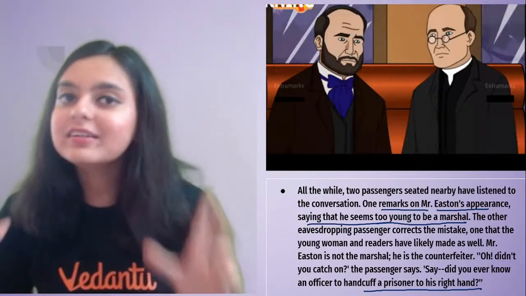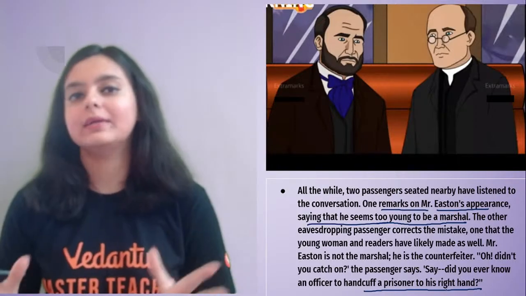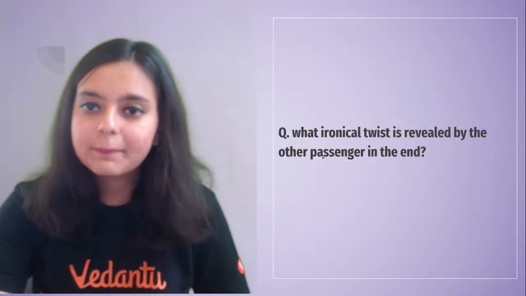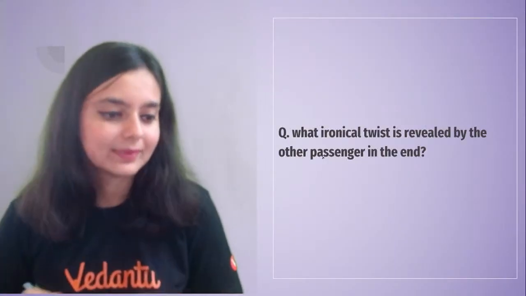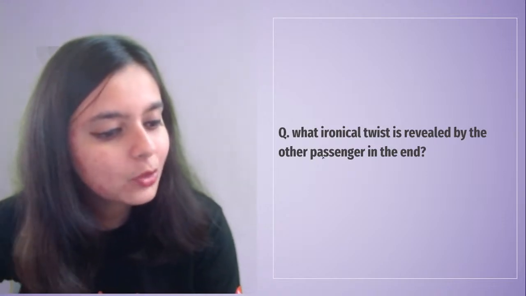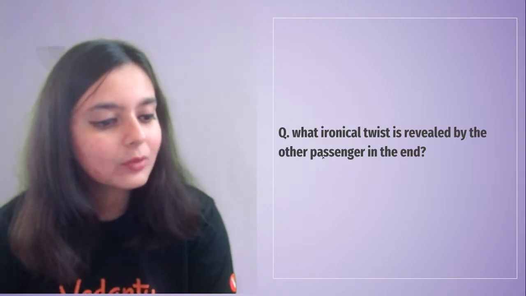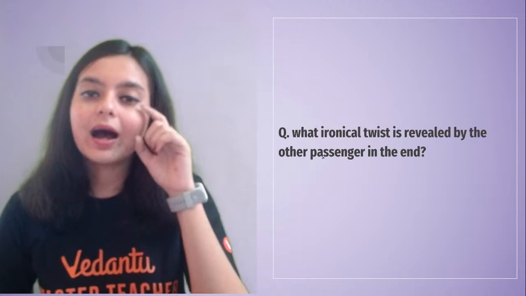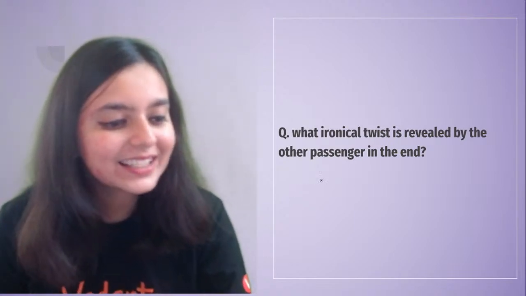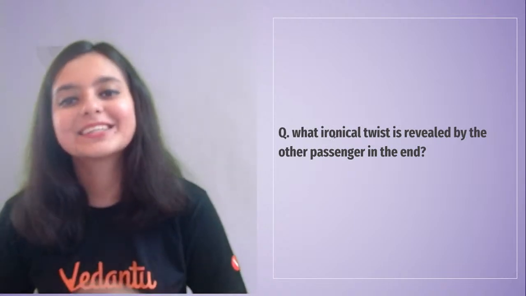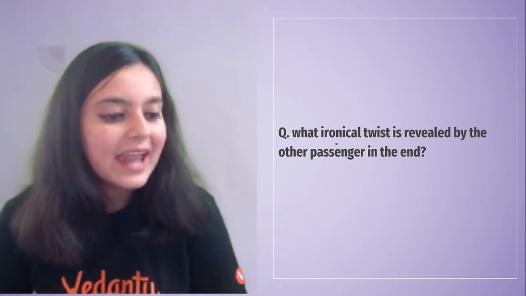So what have you understood from the entire story? What is the basic idea? Deepthi says the twist appears in the end when the two co-passengers remark that Easton is the counterfeiter and the other person is the true marshal. Absolutely correct. That is the answer given to this question. Absolutely correct, Deepthi. Very good, very good. Now tell me,